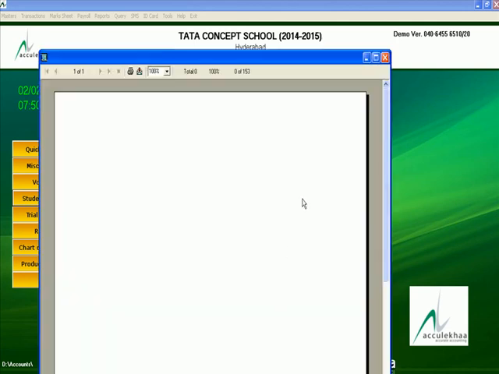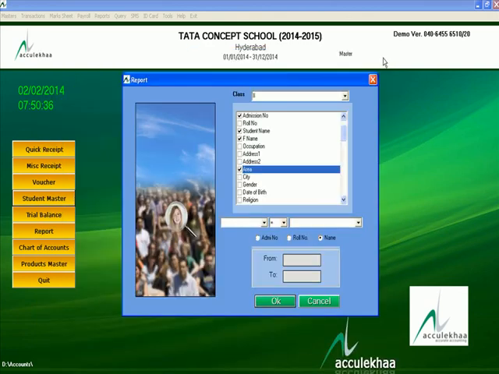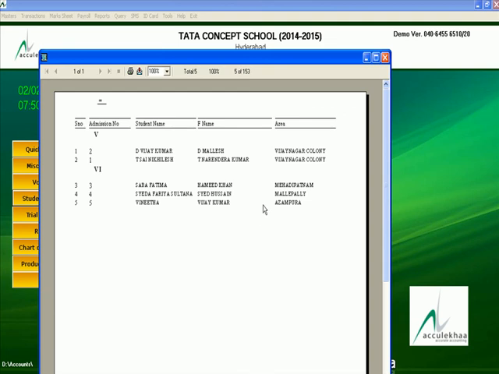Click OK. Second class, no students. Now the area is appearing on the screen in the place of telephone number.